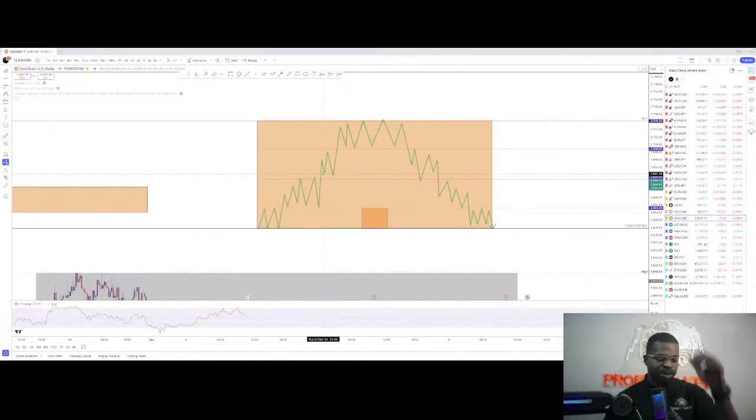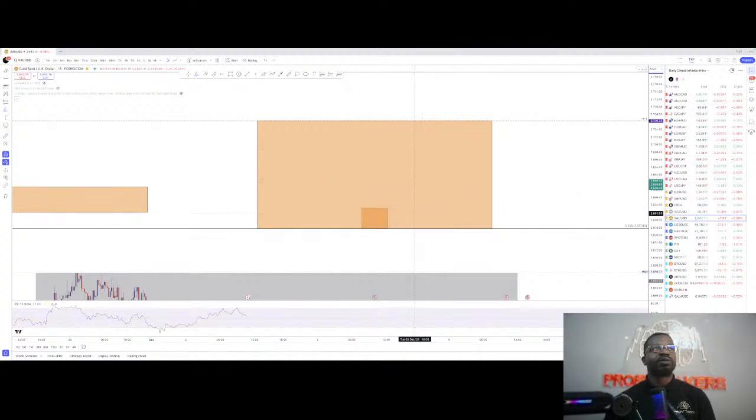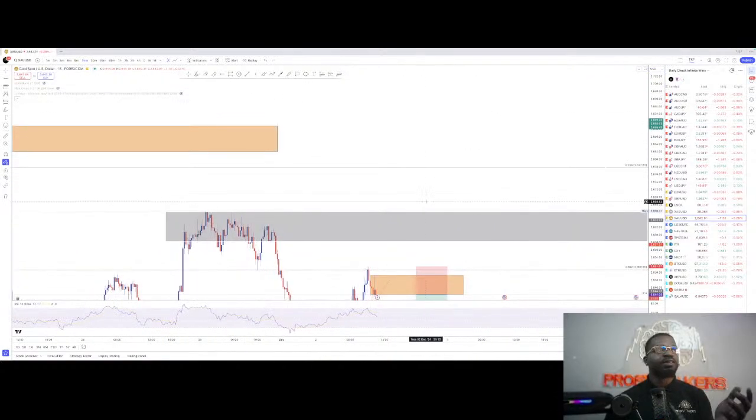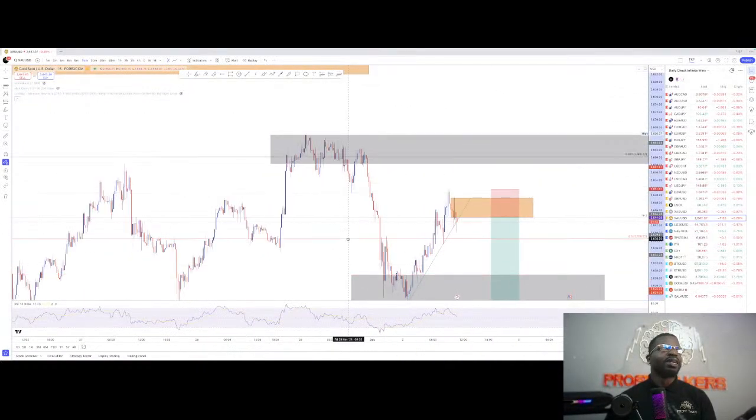So I like to keep it simple like this. Too many people come on with these overly complex strategies and it creates confusion. So if we just look at it like price is traveling from different rooms, no matter whether it's going up or going down, it'll be easier to digest. Now, I'm gonna take you to this trade that we're looking at and I'm gonna show you how I use the same concept to find this trade setup. Okay? Right now,